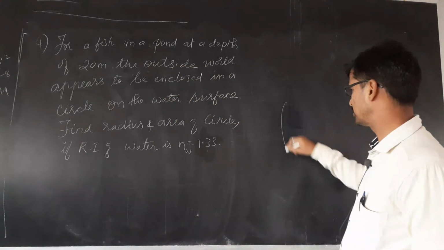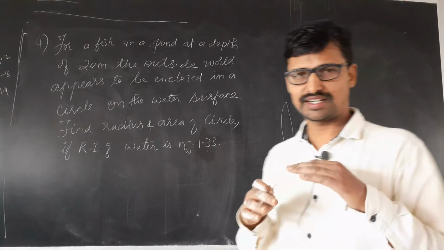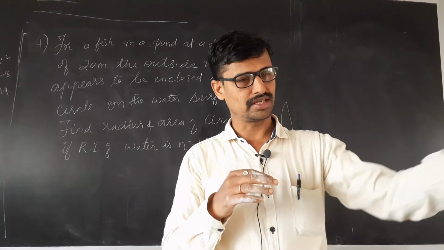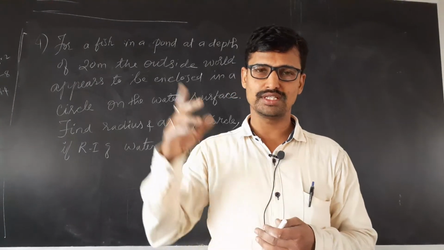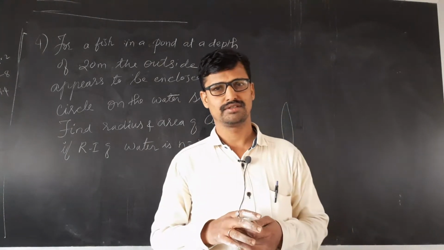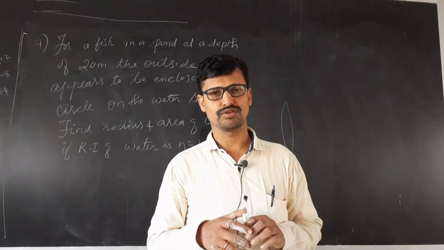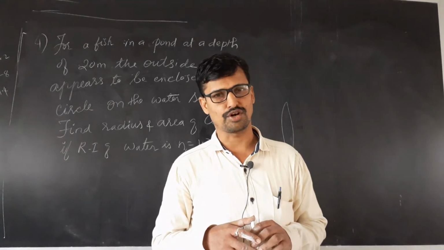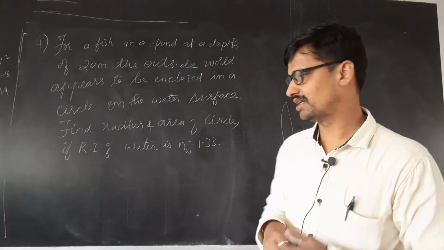Now, a telescope is a device used to see distant objects. Terrestrial telescope means here on the ground or the earth, to see the distant things we make use of it. Astronomical telescope means to see the celestial bodies like stars, moon or planets. To see those distant things we make use of an astronomical telescope. Whether it is astronomical or terrestrial, some basic structure is the same, that is it